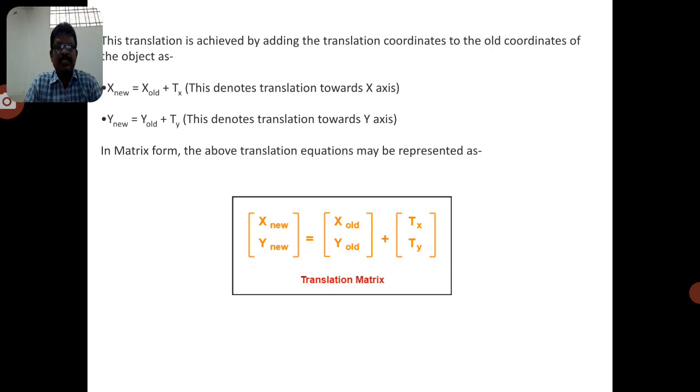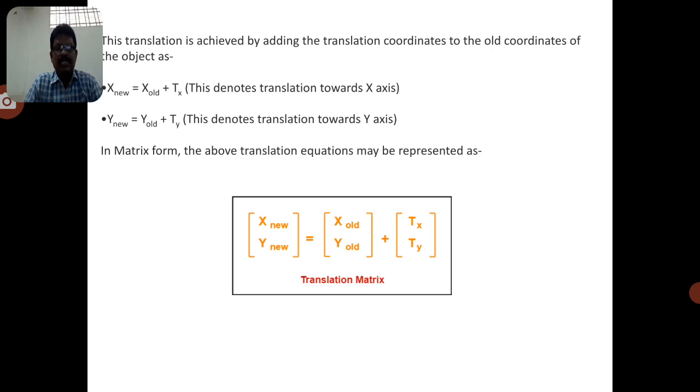So here we can find some of the equation. How can we find x new? The x new is nothing but the new position which can be moved from x world to the current one. So by the transformation technique, one of the techniques is translation. It is a very clear definition. So x new equals x world plus tx. We know that tx denotes the translation towards the x axis. So x new equals x world plus tx.